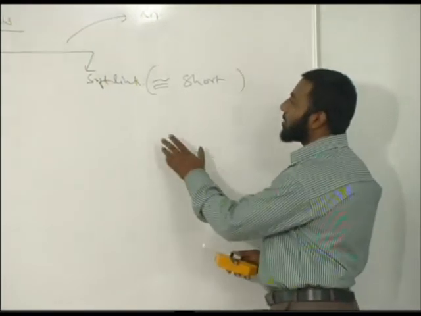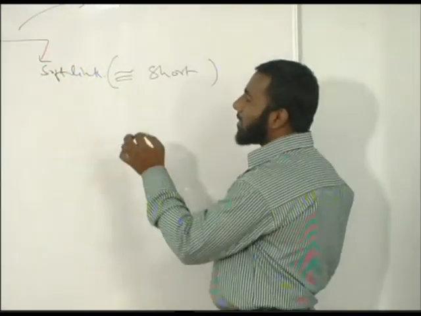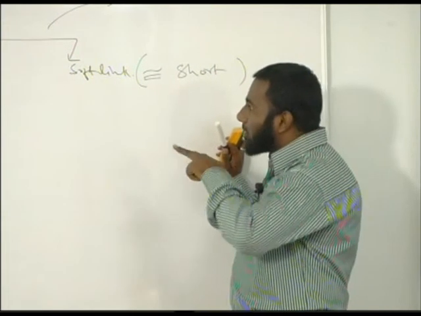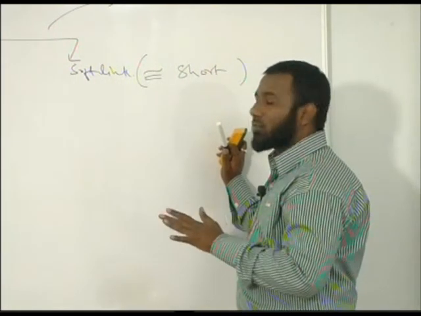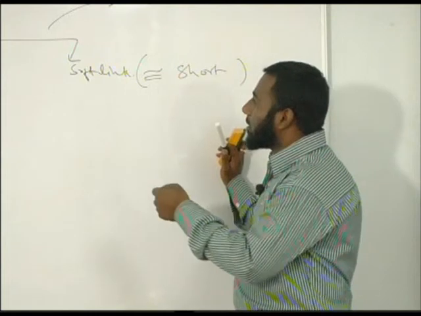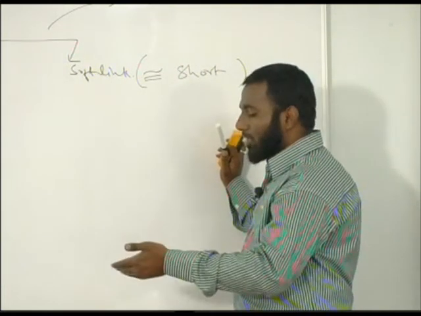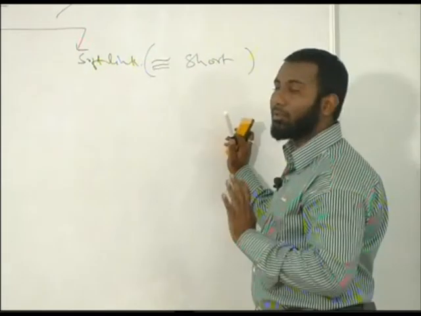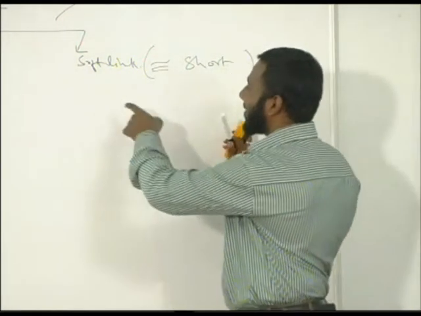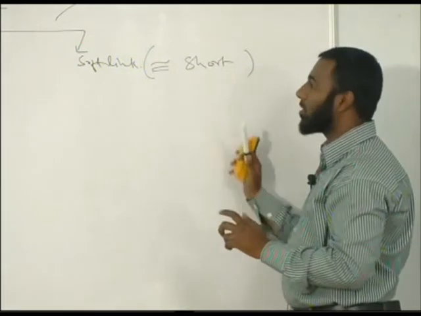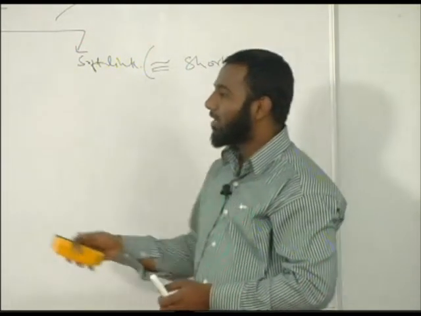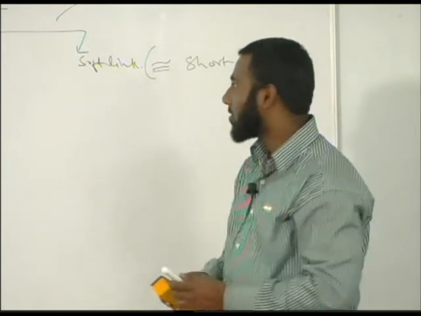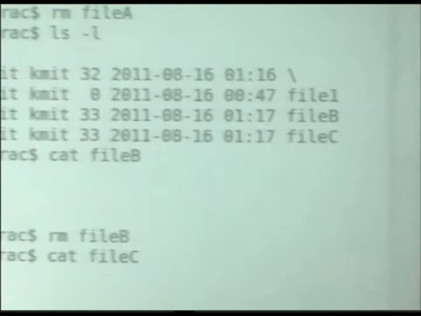Now let's see how to create a soft link. Whenever a soft link is created, the path information is stored. In order to make it faster, Linux systems store this path in their inode table. So the soft link is stored in the inode table. Now we have a file called file C. Here the original file is file C, or let me remove this and show.